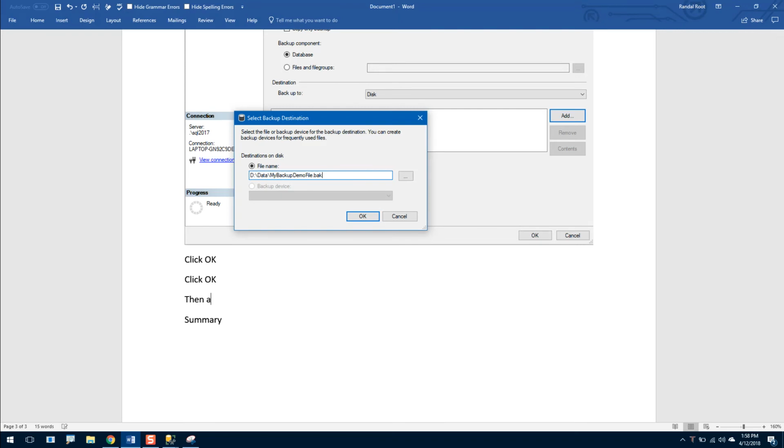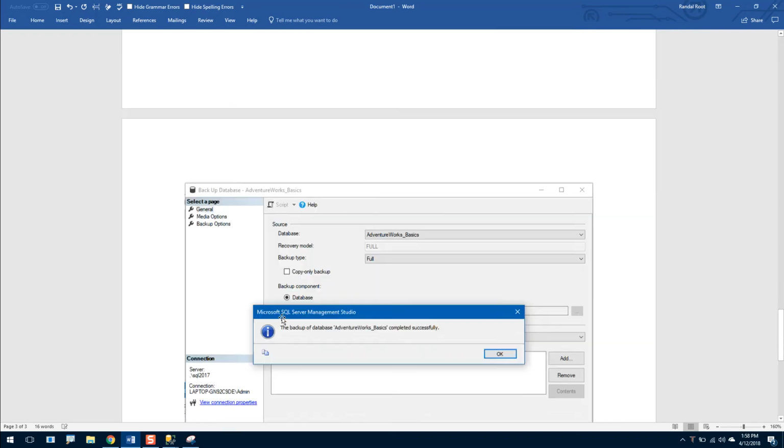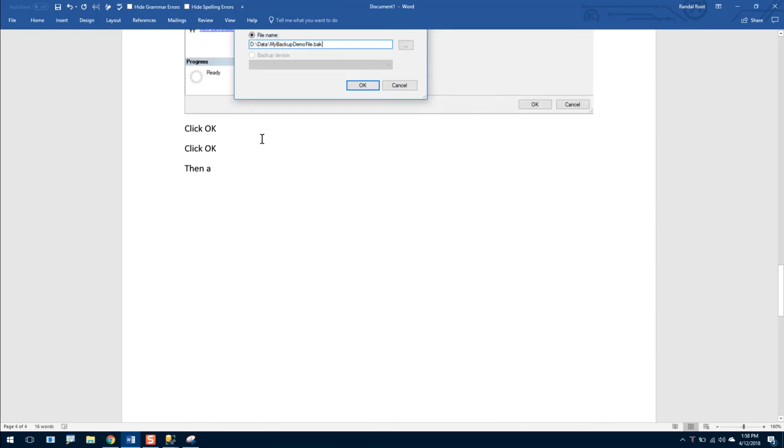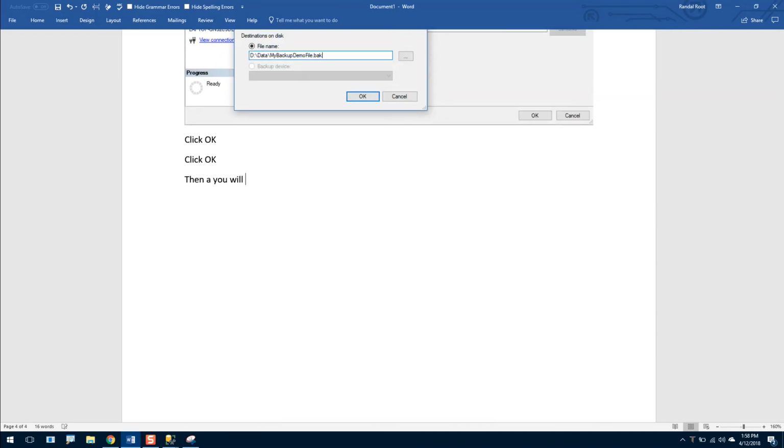Then you will see a successful message in a dialog window, as shown